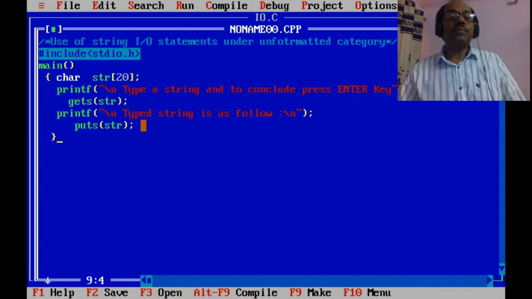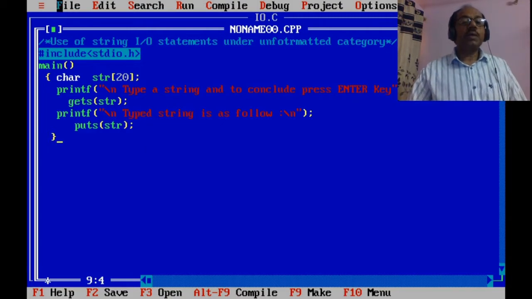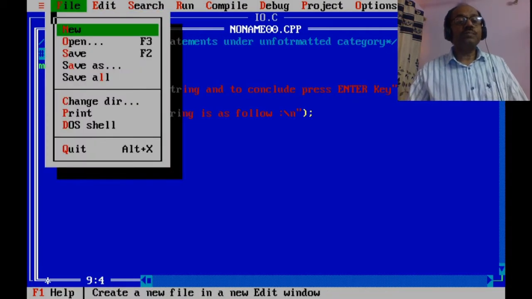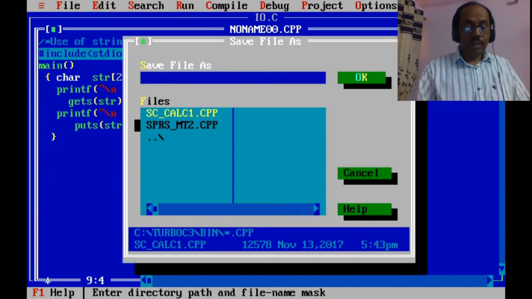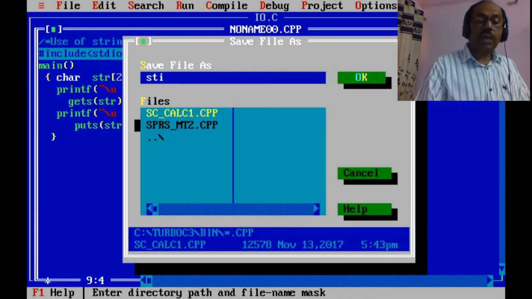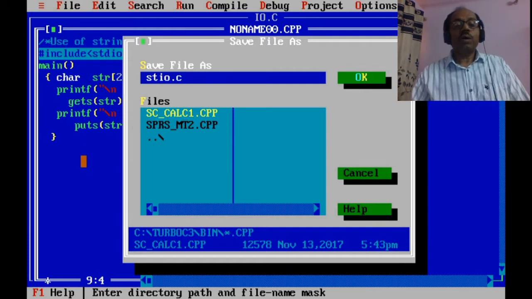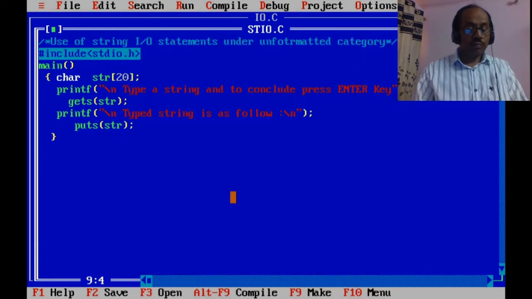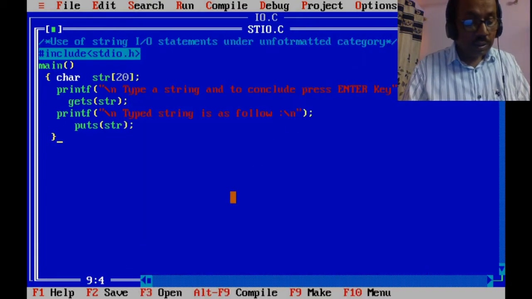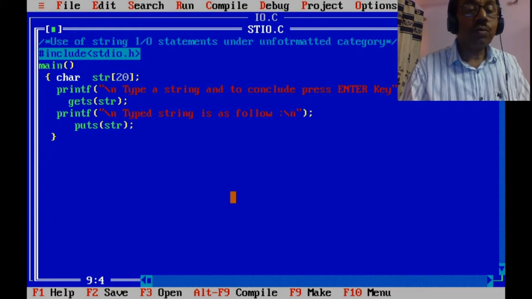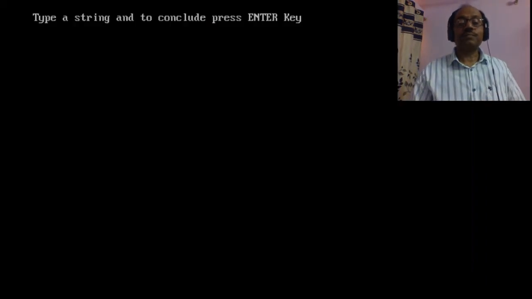Prior to that, we save the file. Here we are moving to the file menu, save as stio.c. This is the file name of this example. So okay, and now putting the command for compilation and execution, Control F9.